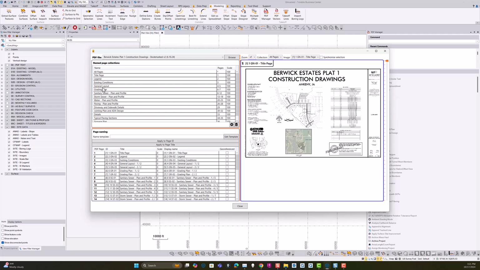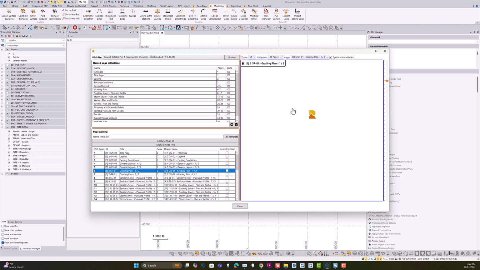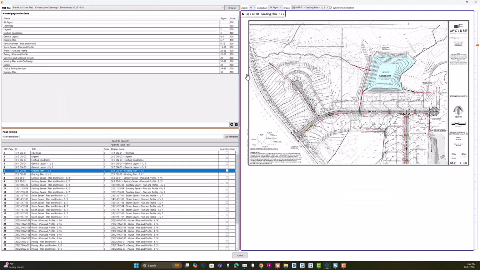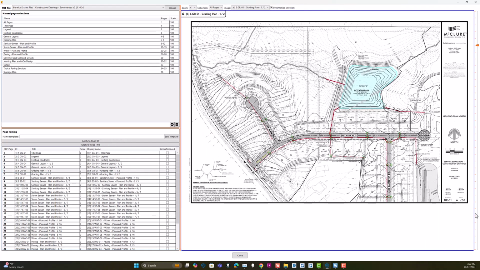If you actually go to that page, and you can do that by looking down at the bottom here and find page 6 and 7, and in this area here, if we set the synchronizer up here, we can click on page 6 and it will change it to page 6 over here, so we can preview what we've got here. If I put this on full screen, maybe make this a little bit smaller,